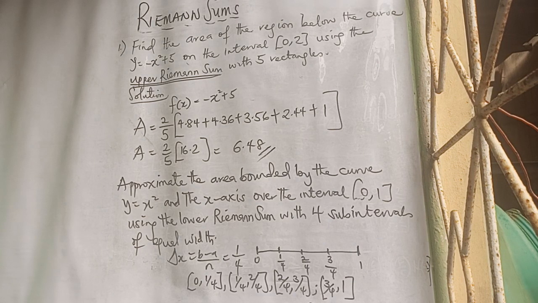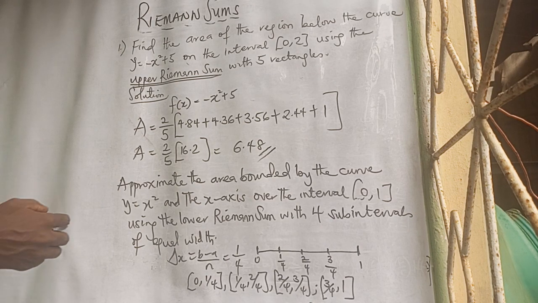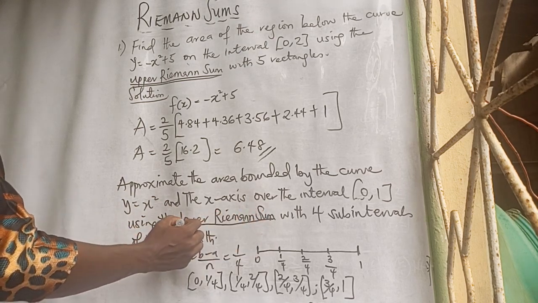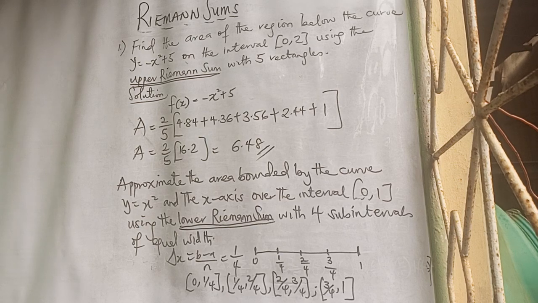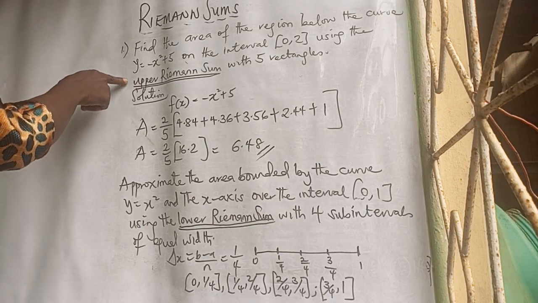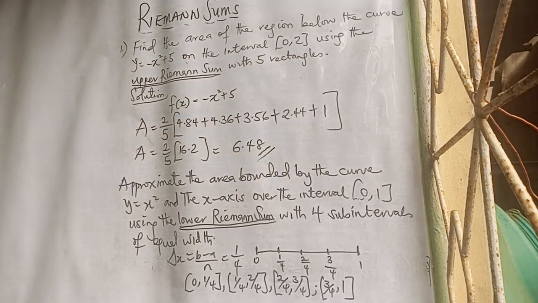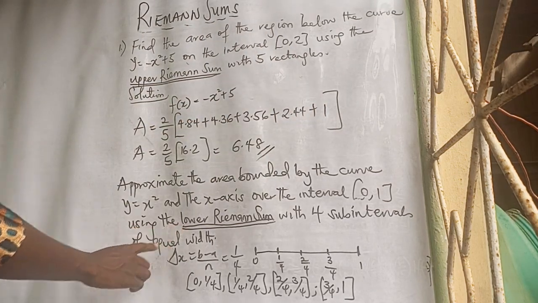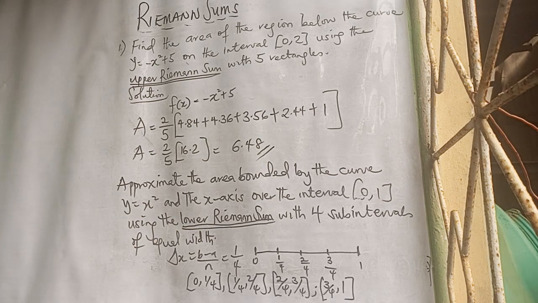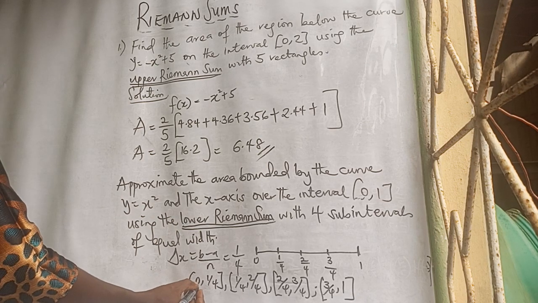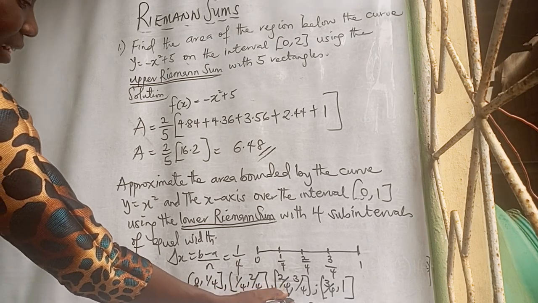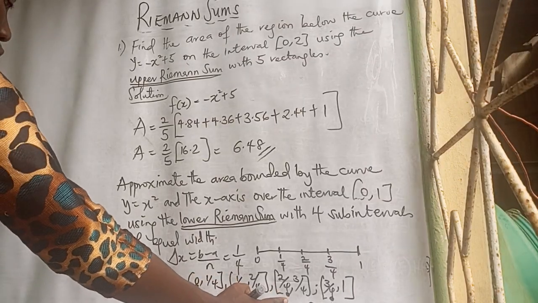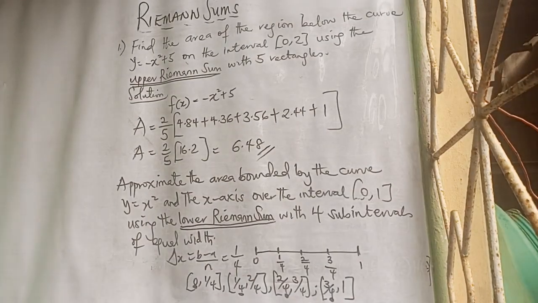Those are our subintervals. But we are using what? For this question, you are to use the lower Riemann sum. In the previous example, when we were using the upper Riemann sum, we used the right endpoint. But for the lower Riemann sum, we are going to be using what? The left endpoint. That means our tags will be 0, 1 over 4, 2 over 4, 3 over 4. Finish it up from there